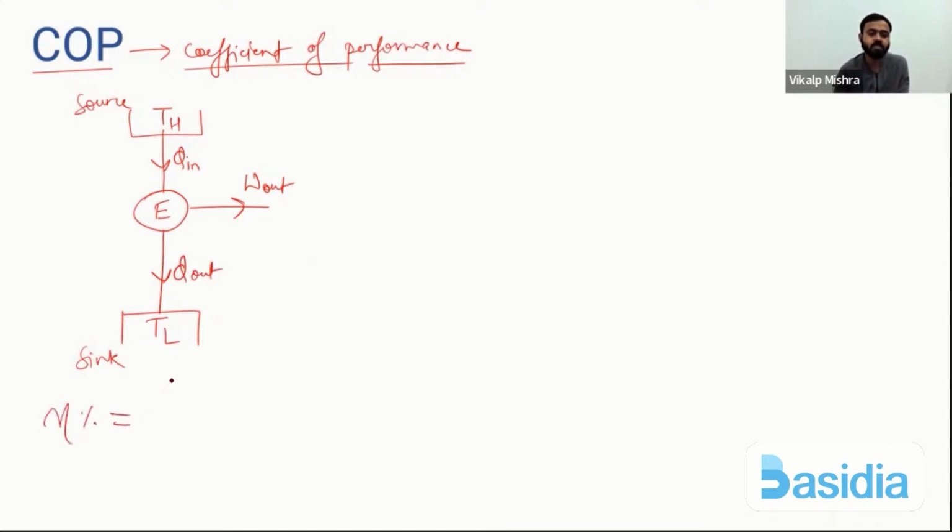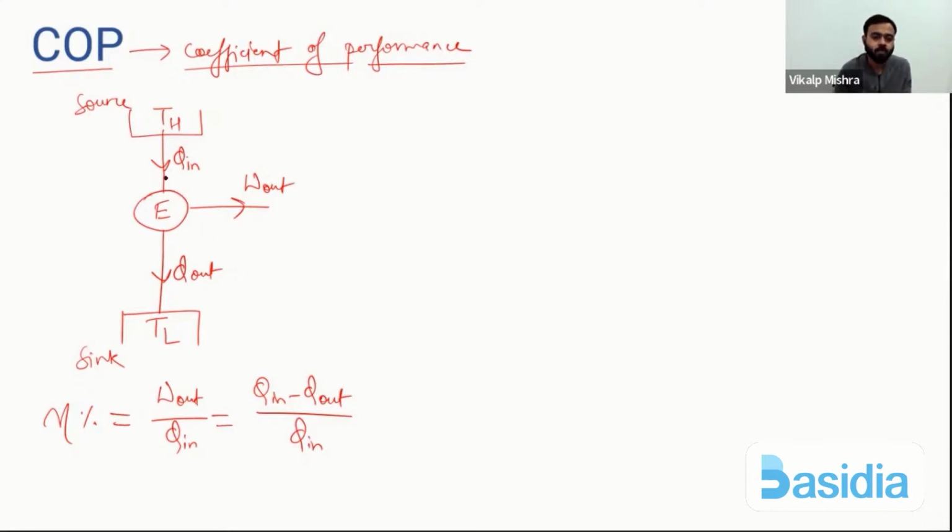तो यहाँ पे हम लोग कैसे निकालते थे एफिशिएंसी परसेंटेज हम लोग निकालते थे आउटपुट वर्क डिवाइड बाय इनपुट। इनपुट क्या आ रहा है यहाँ पे, हमारी जो हीट ले रहा है इंजन, वो इनपुट है, और जो वर्क दे रहा है वो आउटपुट है, ठीक है। सो W out by Q in, दिस वाज द एफिशिएंसी। और W out हम लोग लिख सकते हैं Q in माइनस Q out अपॉन Q in।